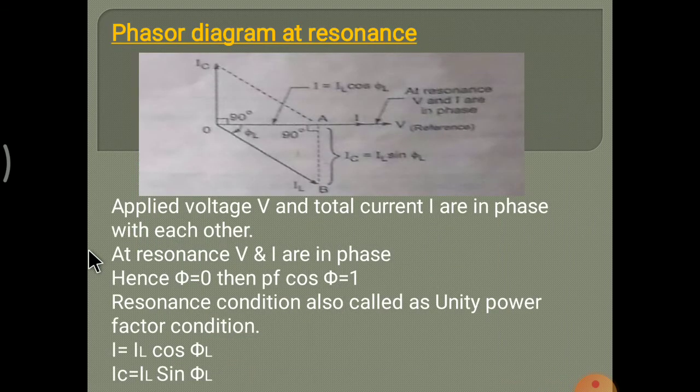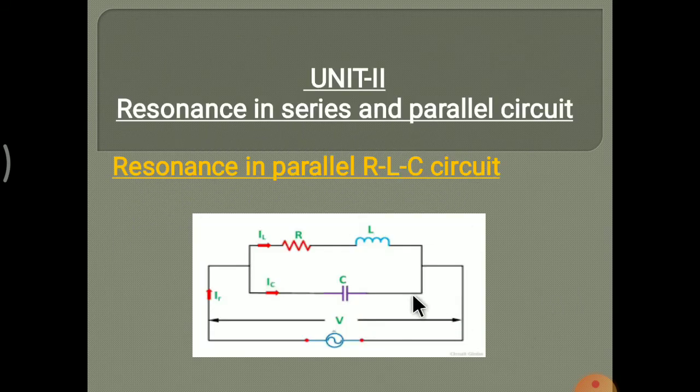in this diagram you can see R and L in series. This is R and L in series. So the reactance XL, meaning the inductive reactance across L, is XL, and the combined impedance of this branch is ZL, which means R and XL are combined. When we combine them, we get ZL.